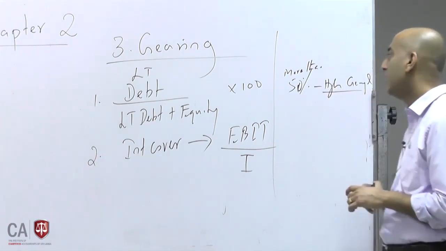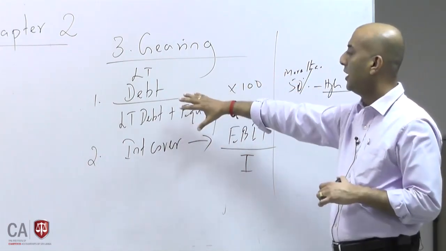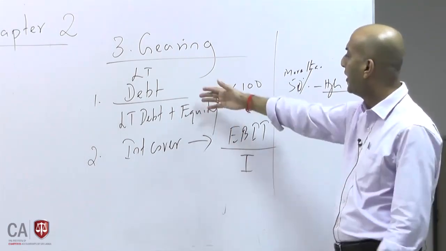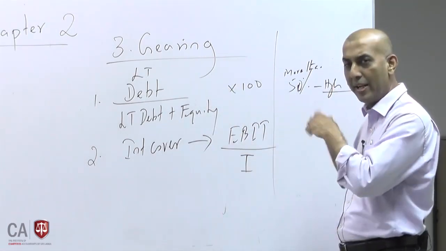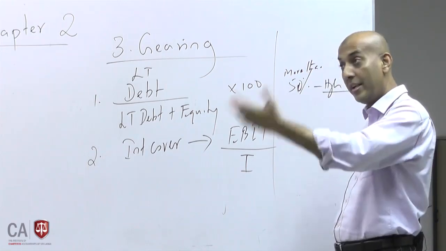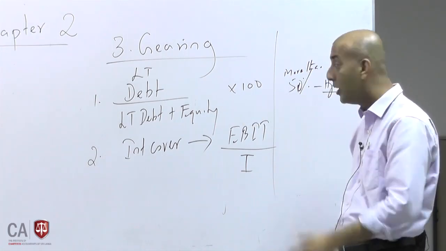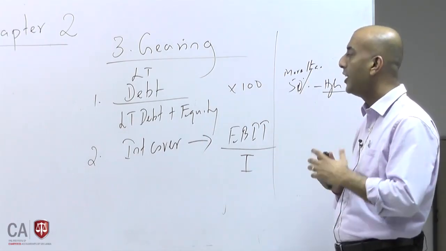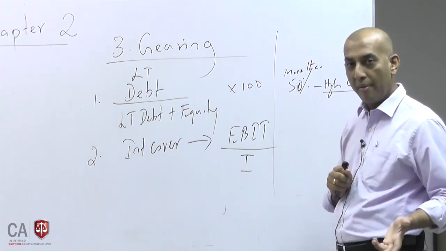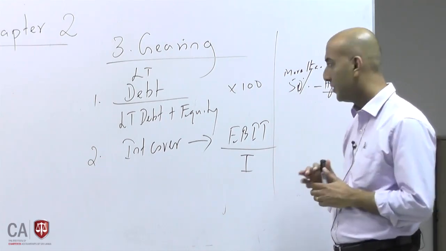So please be aware, these are the ratios, right? The study pack has other versions of the gearing ratio also, but this is more common, that is debt divided by debt plus equity. Sometimes you might be calculating debt divided by equity, the debt equity ratio, that also shows the gearing. So this gives the idea whether you are a highly borrowed company or less borrowed company. Okay.